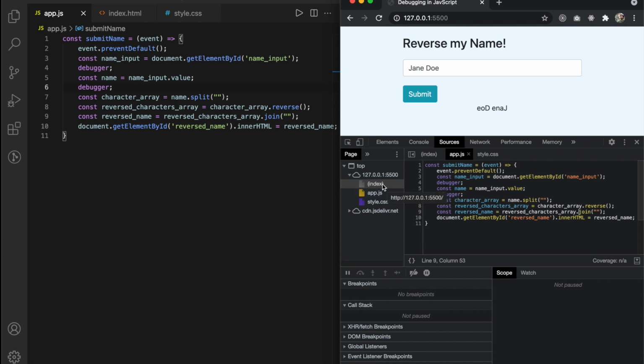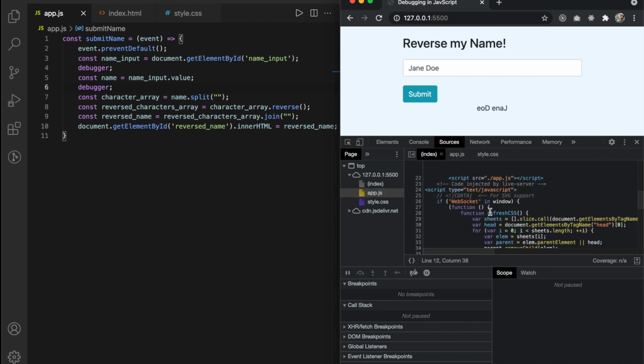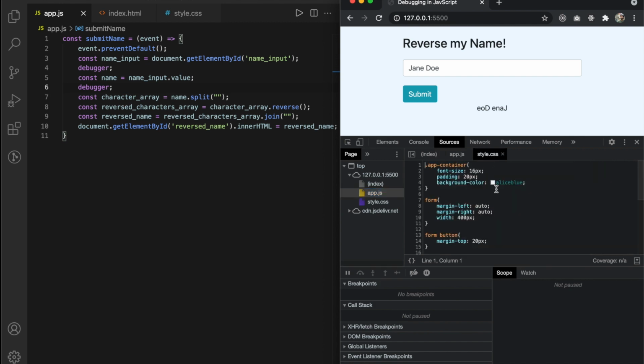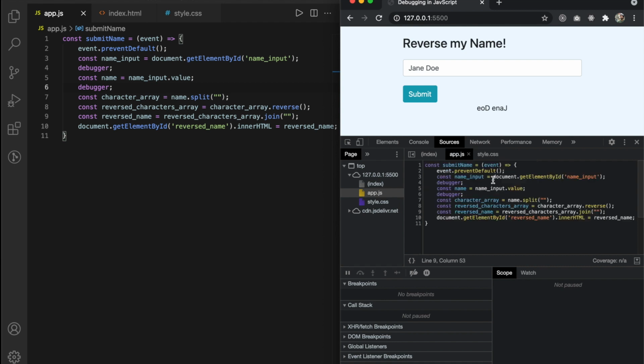On the left hand side, you can see we have the complete directory structure of our project, that is all the three files that we have in our project. The app.js file which is currently open, the index.html file which contains our HTML, and the style.css file which contains our CSS. So this works as a mini code editor within your browser where you have the list of all the files on the left and the open files on the right, where you can also make changes to your code